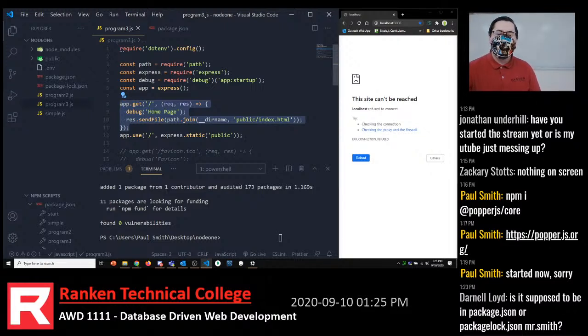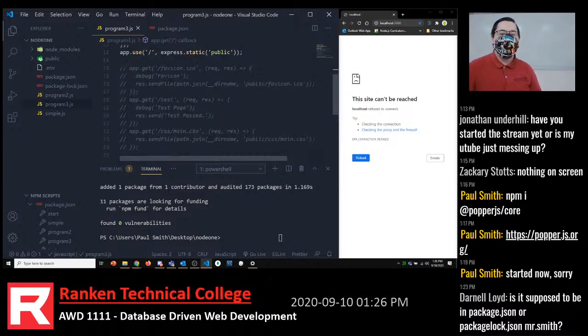Okay, well that's this one, right? So here I'm saying the root, right? I'm assigning that if they request that root path, then we're going to send back index.html. I also set up other paths yesterday where I said, for instance, if we request the favicon.ico file, then I want to return public favicon.ico,